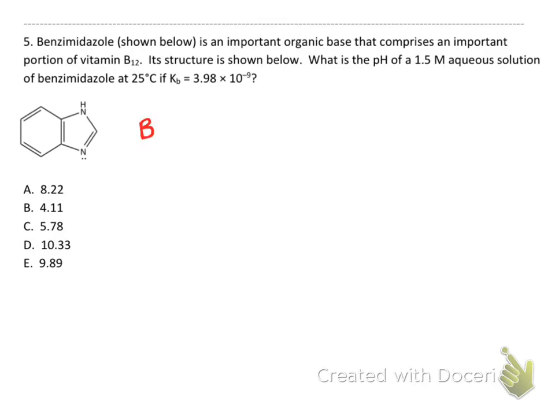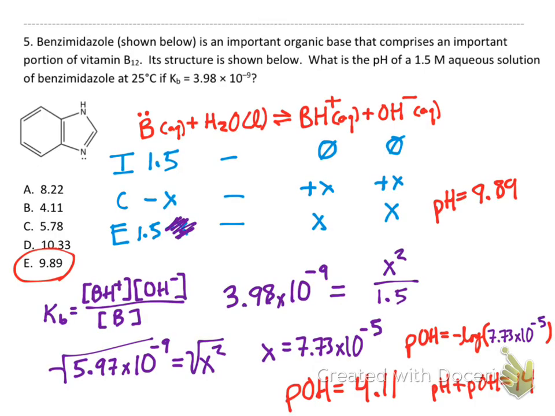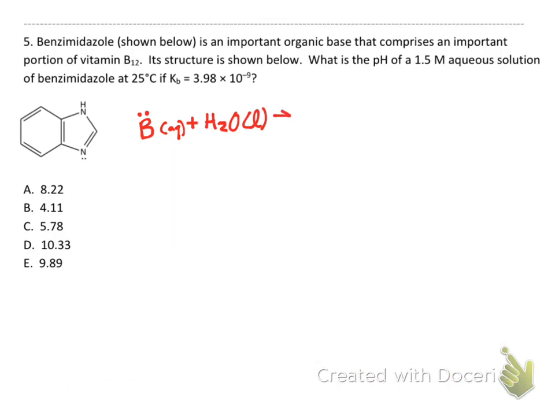And I'm just going to write the generic reaction here. We've got our base here. You could find the formula if you want to, but it's not necessary. All weak bases are going to do basically the same. They're going to go through the same motion. It's the same script, just different characters. So, for any weak base, we're going to react it with water, because the water is going to be the source of the hydroxide. And they're going to form the conjugate acid, BH+,